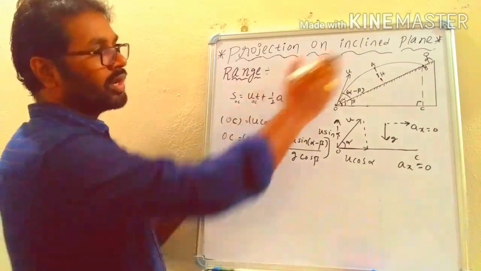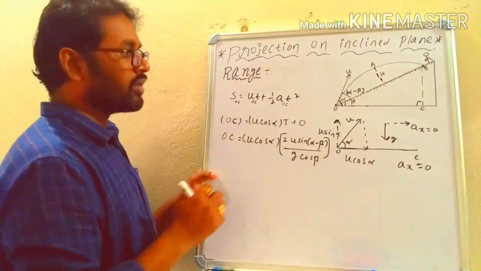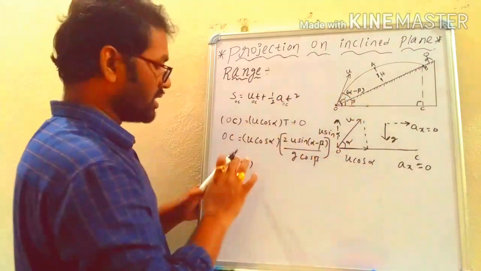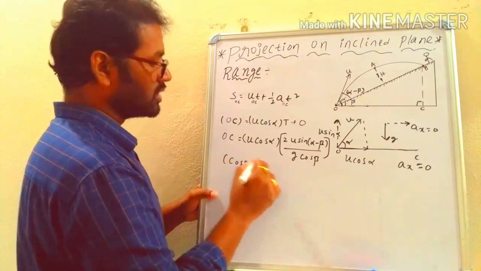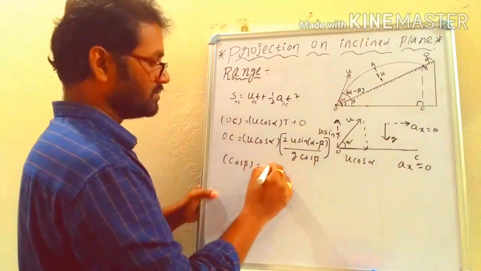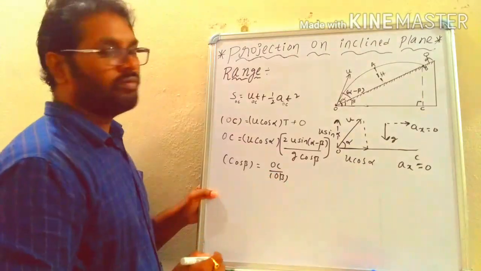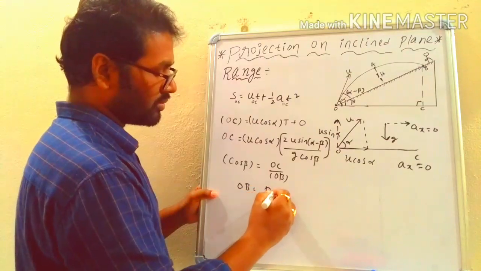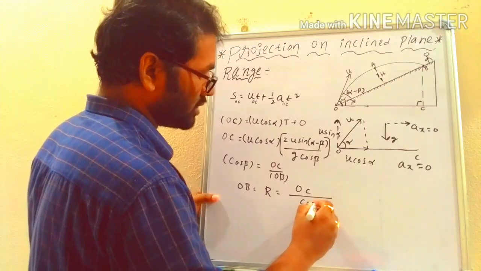After getting OC, how will you get OB? From the right angle triangle OBC, we can write cos theta. Theta means beta here. Cos beta is equal to adjacent side by hypotenuse. Adjacent side is OC and the hypotenuse is OB. Where OB is the range, therefore OB, which is equal to R, the range, is equal to OC upon cos beta,